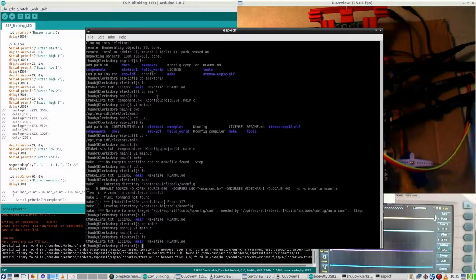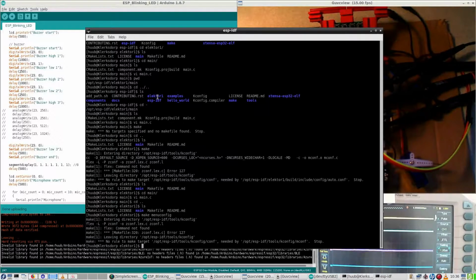to say make menu config, which is very familiar for those that actually adapt kernels, Linux kernels. And even now flex command is not found. So the question is, why is that not found? Am I doing it the wrong way? So let me try to see